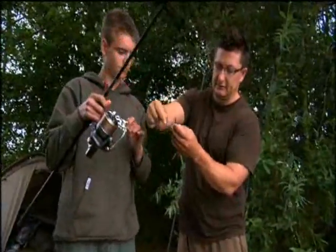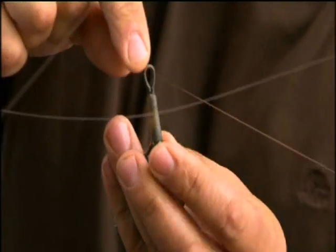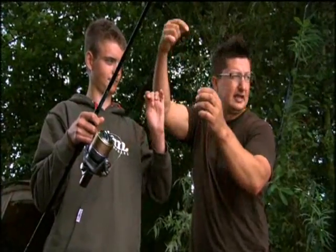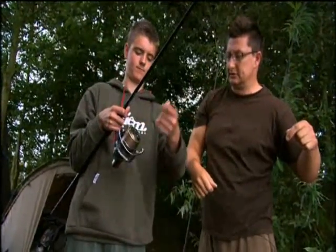And then basically the back lead just clips on like so, and then if we push it down into that little rubber, there's no way that can get off the line when we're playing a fish, and then we just slide that out into the lake like so. Just let that down gently, and if you pick the slack up now,